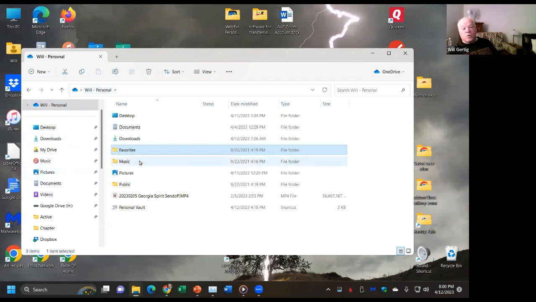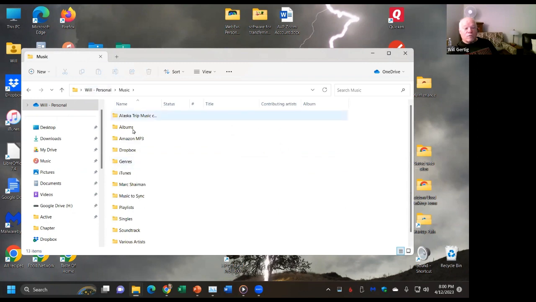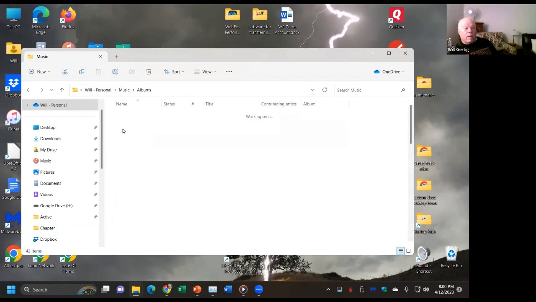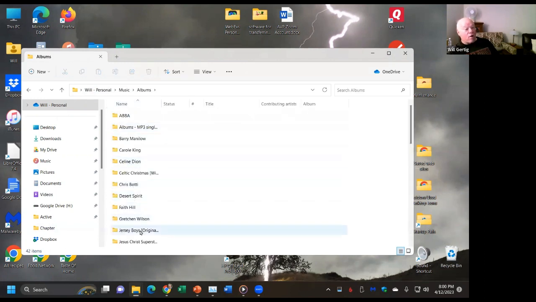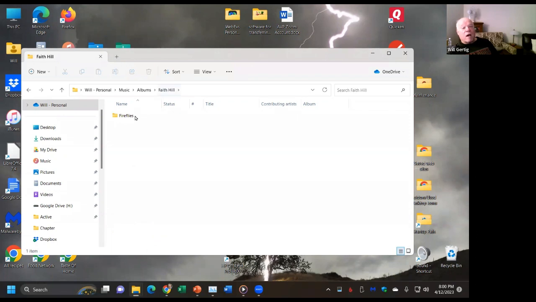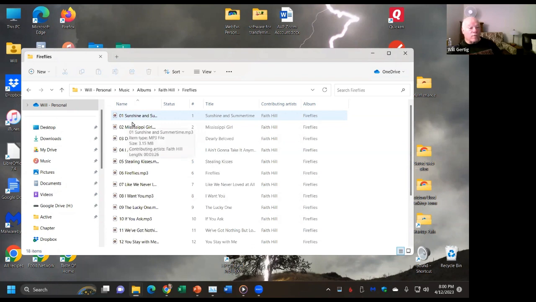Now, music, it's another story. I've got a lot of music in here, but you don't see it right here because it's broken down into areas where I've got it saved. So for instance, if I go into albums, I've got a whole list of albums by artist that I can pop open at any point in time. For instance, if I go to this one for Faith Hill, you find that I've got one album called Fireflies, and if I wanted to play a song with one of those, I would click on this icon,